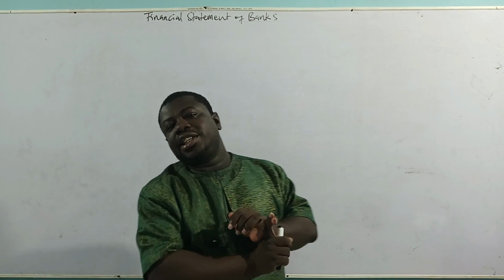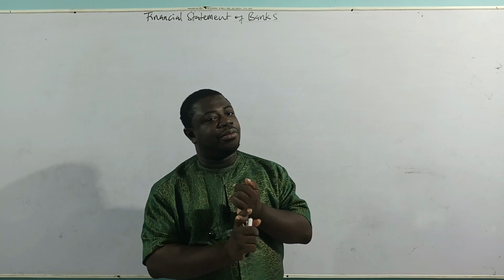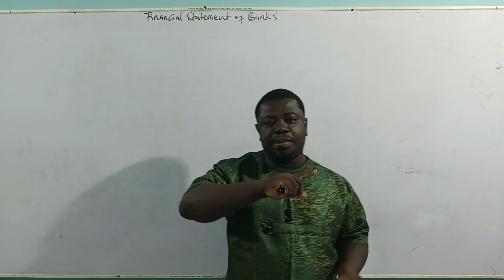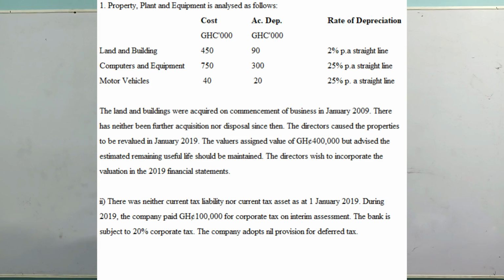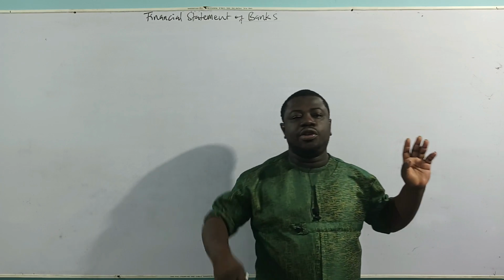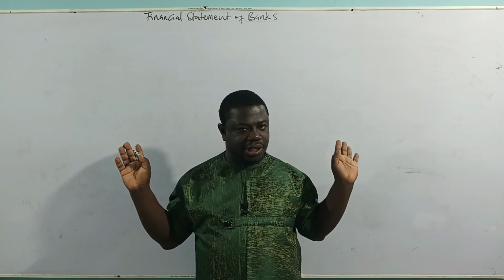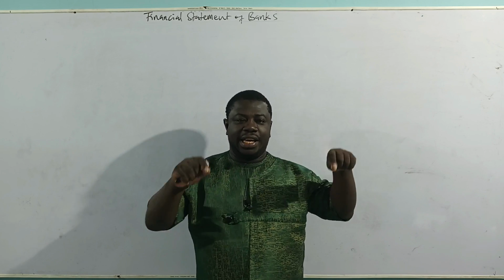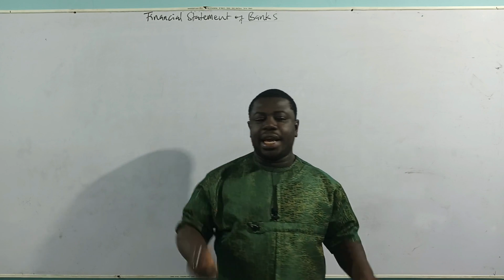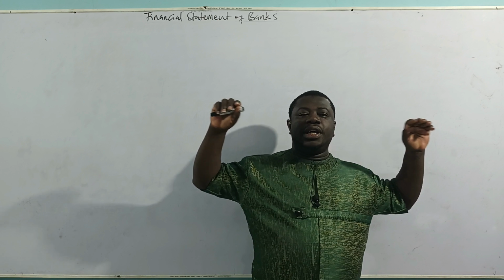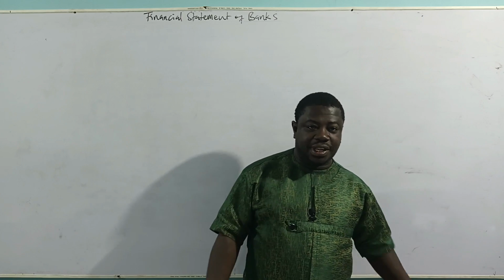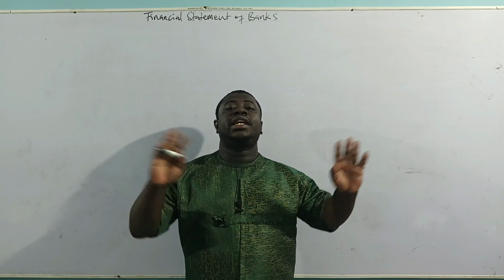We are fortunate that in this question, there is no over or under provision from the previous year, which is the opening balance of tax assets. We are told that there was neither current tax liability nor current tax asset at the beginning, meaning that no over provision or under provision from the previous year. If you have really studied IAS 12, you understand what I'm saying. Then also we are told that they adopt a nil provision for deferred tax. So it means there is nothing like movement in deferred tax. So the only thing we need here is the